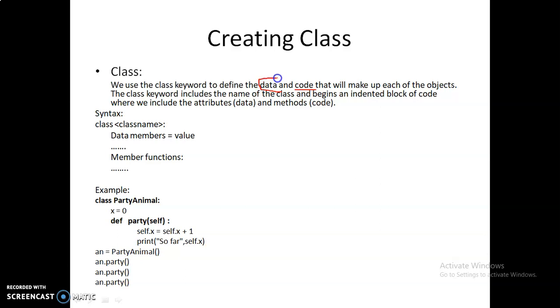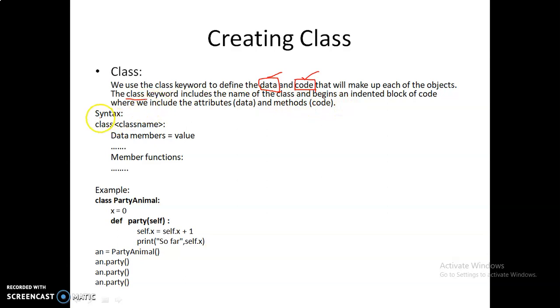Within those, we can only combine the data, but we cannot write any functions in those data types. But in the class data type, we can write the required data members and also specify the required functions to work on the data. So using this class, we can create a combination of these two. For the creation of a class, we use the class keyword. After that we mention the name of the class, then we start the indentation of the class and write all the code required in the class.